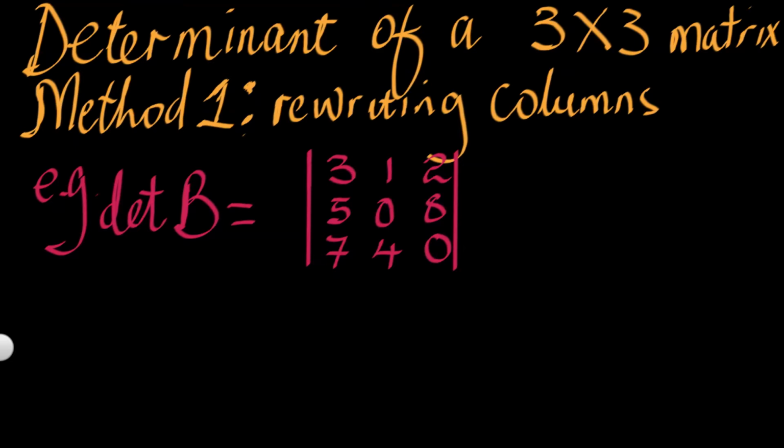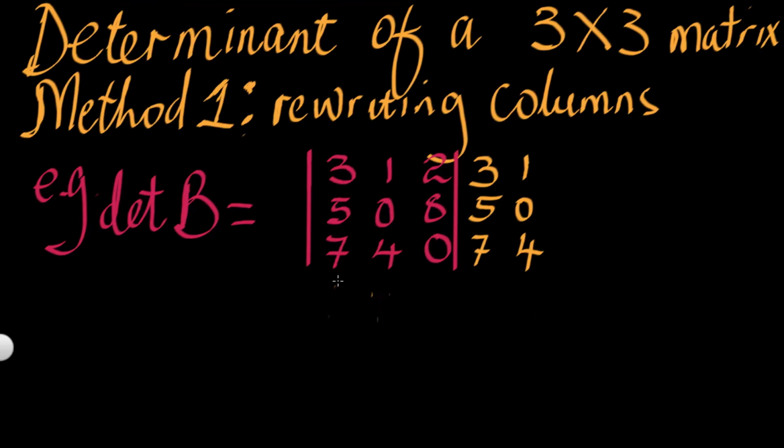In this method, you rewrite columns. You rewrite the first and the second column. So this column and this column, you write to the right as if you're augmenting. We call it augmenting the matrix. So we can write this as 3, 5, 7, 1, 0, 4. That's all you do. You rewrite this, and then from there,